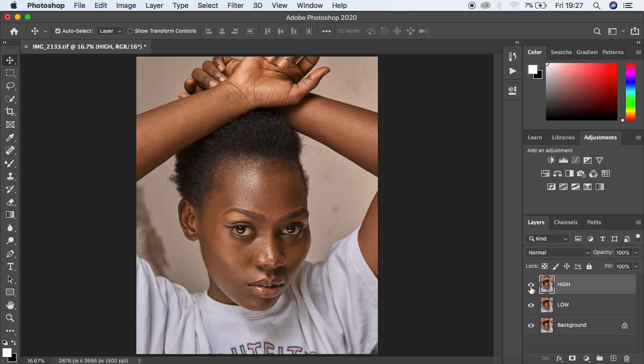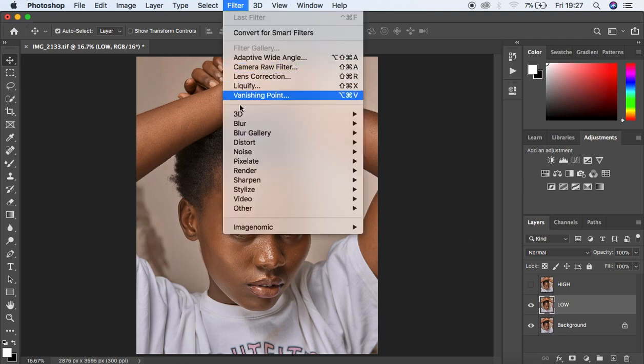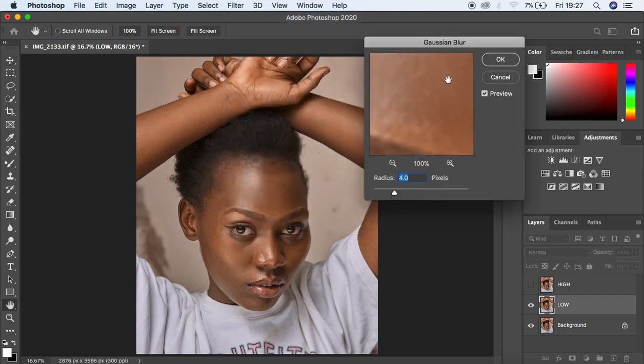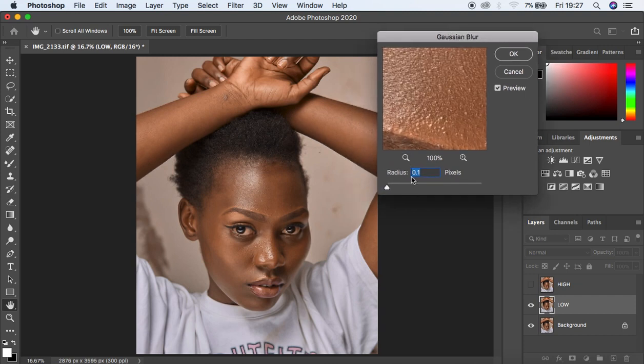I'm going to turn off the high frequency layer and I'm going to come to the low frequency layer. So this is the major emphasis of this very tutorial. So when you select the low frequency layer, we usually come to filter, then we come to blur, and we come to Gaussian blur. So this is the point whereby most people tend to cram these digits or this radius information. The reason as to why you shouldn't cram this radius information or the details right here is because different